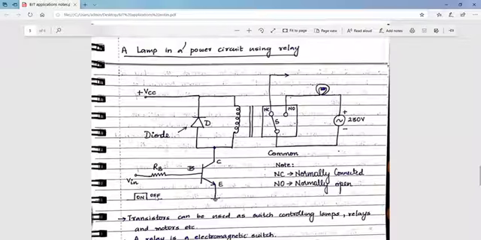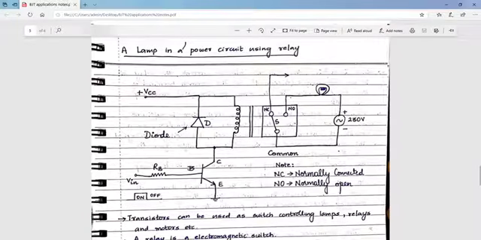Now here, to the collector side, we have a freewheeling diode and a coil that is connected to plus VCC, and here we have a relay which has the NC indicating it is normally connected, and this switch can go from normally connected to normally open, where NO indicates normally open. Clear? Now how can this lamp turn on when it is connected in a power circuit which is using a relay?